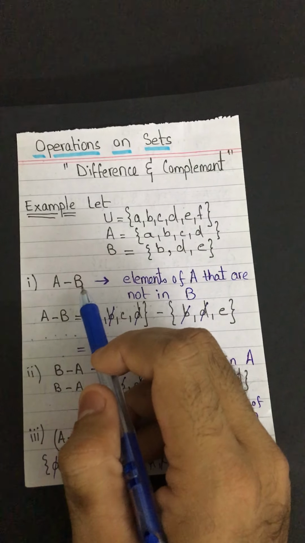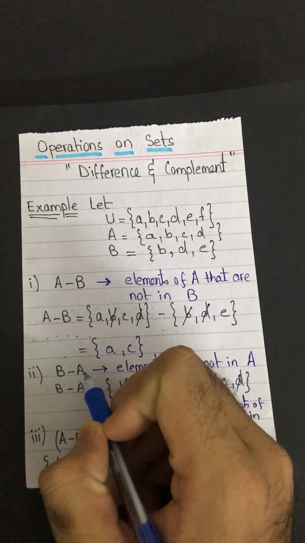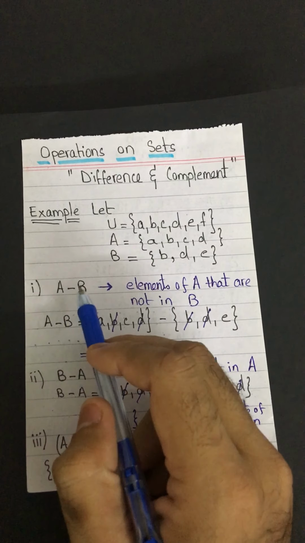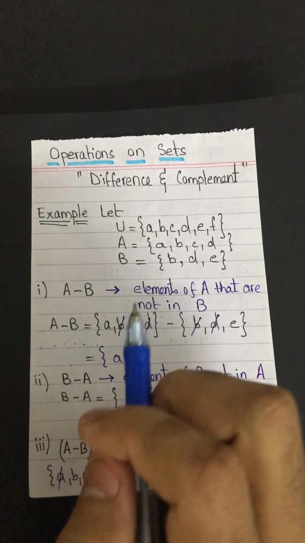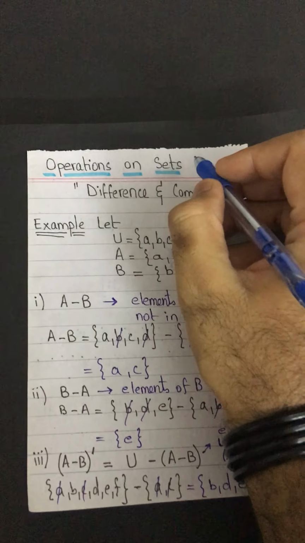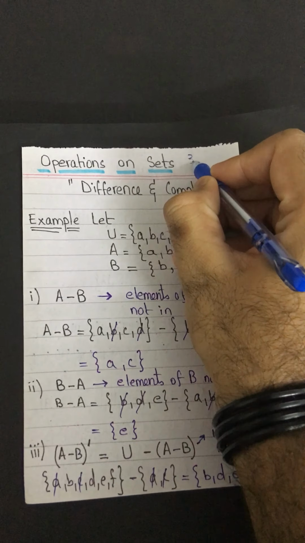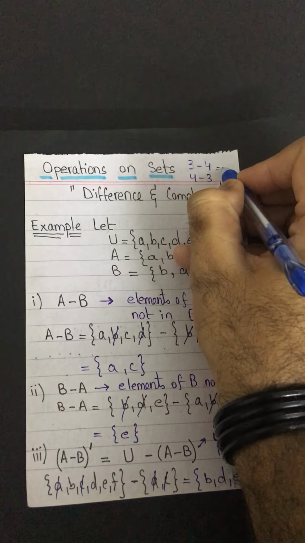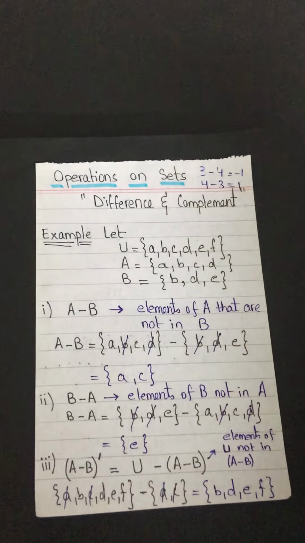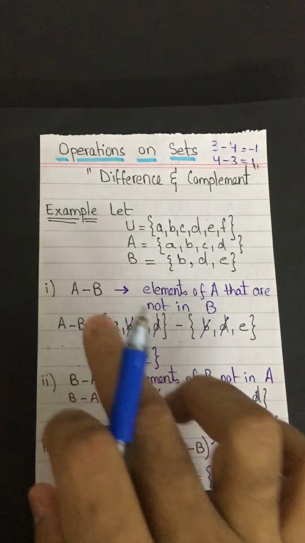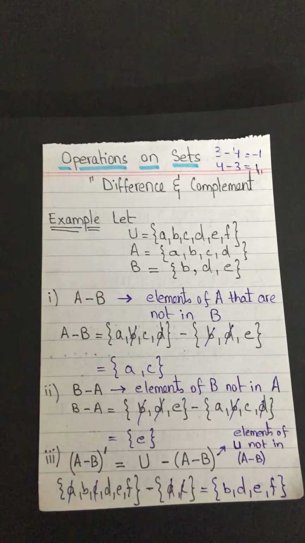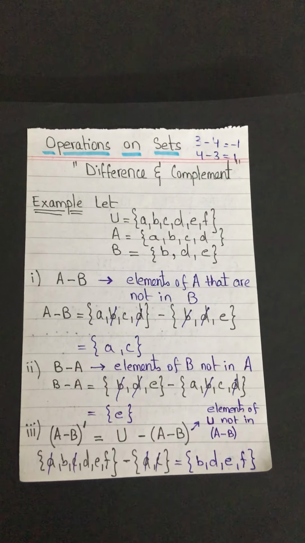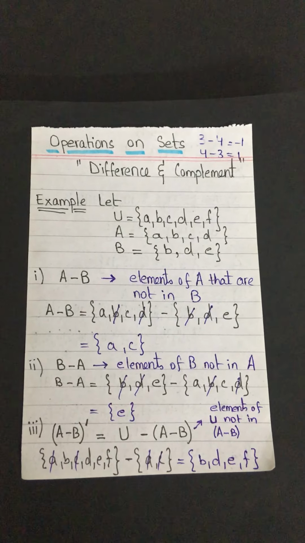First I will find A minus B, and then I will find B minus A, just to clear the concept that both the answers are different. A minus B and B minus A are not the same thing, they are different. Just the way if we subtract 3 minus 4 and 4 minus 3, I know that the answers will be different. So the same method applies on sets as well. A minus B and B minus A are also different. I will tell you how they are different, and their answers are totally different, and you have to follow this trick or methodology in order to get the correct answer.